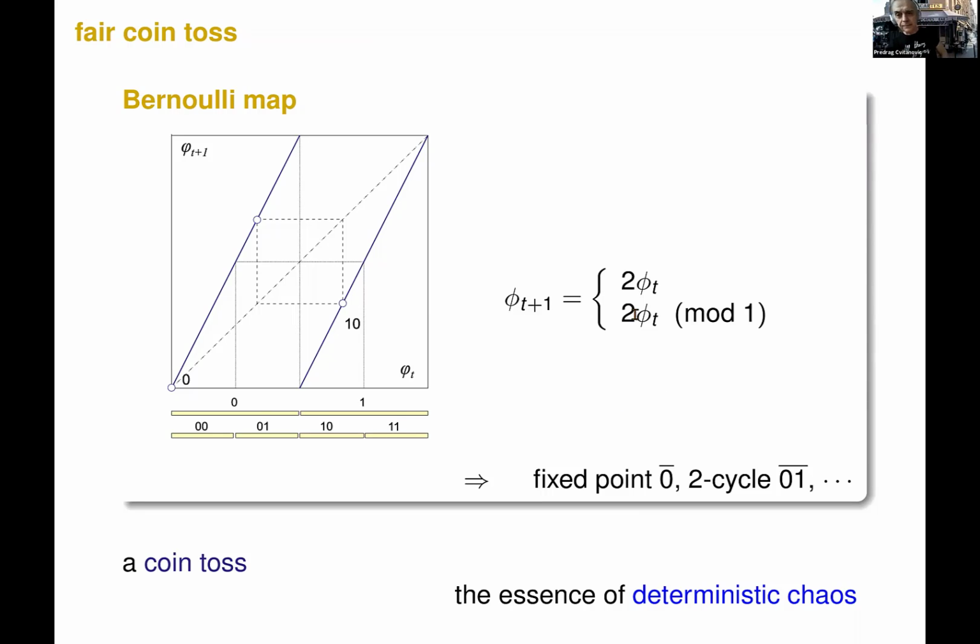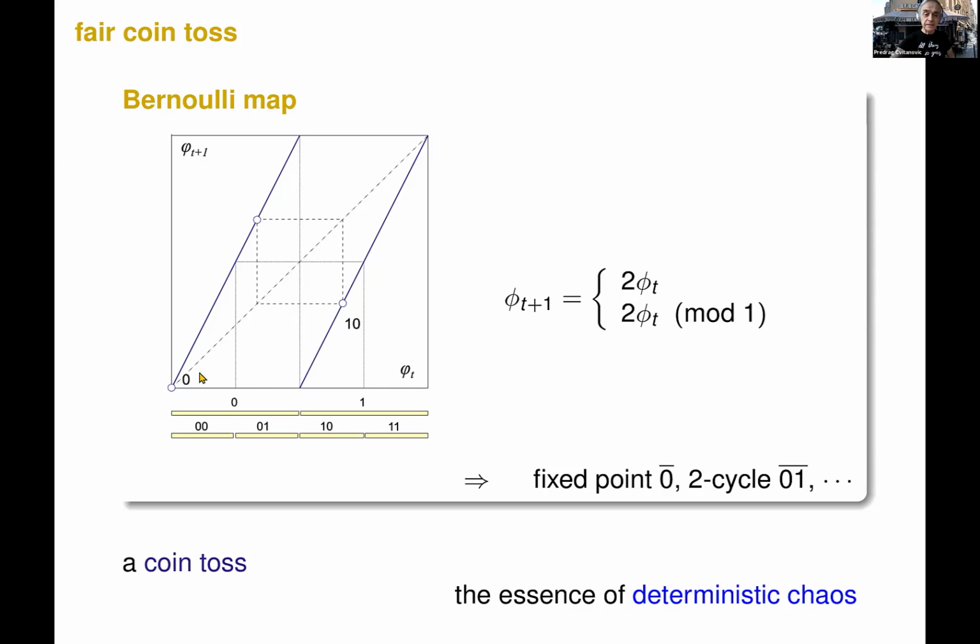So the way we explain it, we say, suppose you're throwing a coin toss, and it's not a loaded coin, so it falls face and tails the same way. One way to write a model is the so-called Bernoulli map, in which you say my initial coin has conditions any place on the unit interval. I throw it, and depending whether I fall on the left or right half of the unit interval, I say it's face or tail, and then I repeat this.